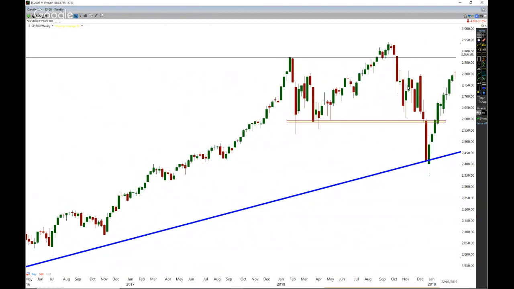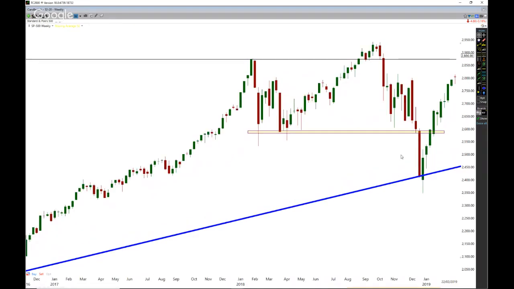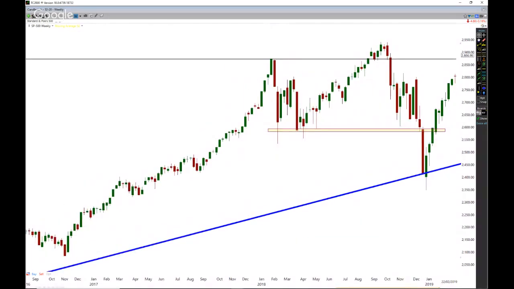Notice that we had a lot of choppy movement, didn't we? Again, this is a weekly chart, a lot of choppy movement. But look what happened within a few weeks. 1, 2, 3 weeks, came down and almost hit that level there. Then it went sideways. We had a lot of support. Notice how it broke down through here. So notice how the S&P. Let me zoom in. Let me zoom it in where it is right now.